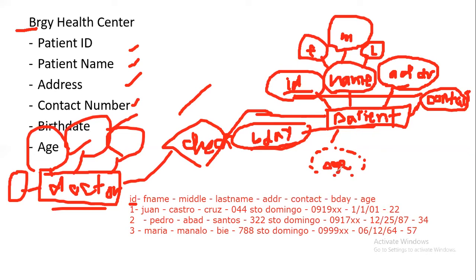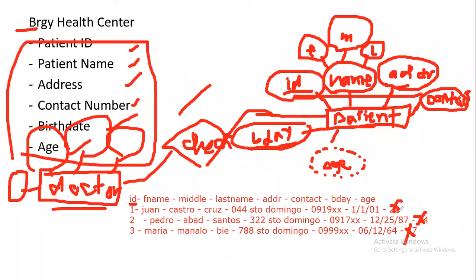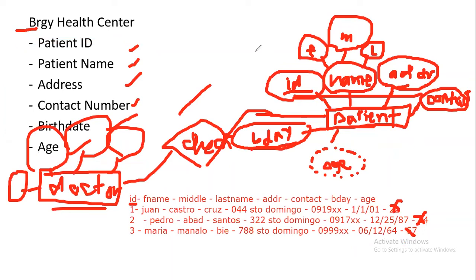So sa age, ito ang crucial. Kapag ang attribute is derived, we do not actually save that sa isang database. Hindi natin sila sinisave sa database. Kahit pa kinolect yan dun sa form nung nag-fill up tayo, nilagay natin yung age, hindi naman yan sinesave sa database if naka-electronic database yan. Bakit? Kasi if you will check the logic of that,